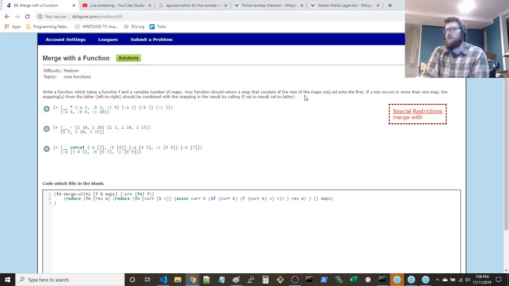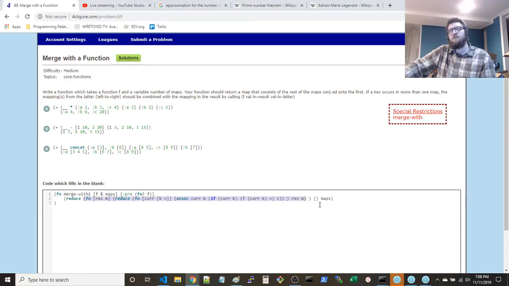What you end up with is, so the way to implement this, first thing you want is a check that it is a function that you're looking at, this f. And the way I did it, I said, okay, let's reduce over all the maps, and we're going to push our results into a blank map, right? We're talking Clojure here, which is a functional programming language, so we're going to get a new map anyway. So let's push all of these maps into a new map,